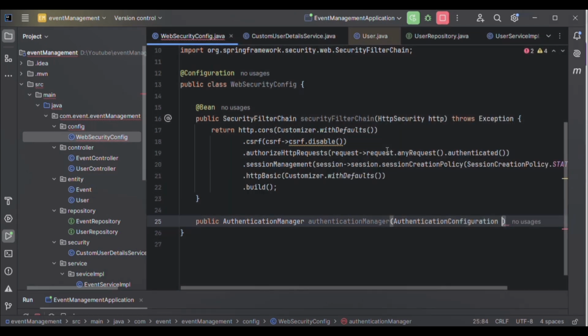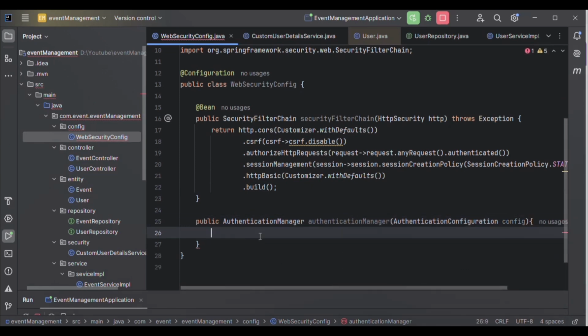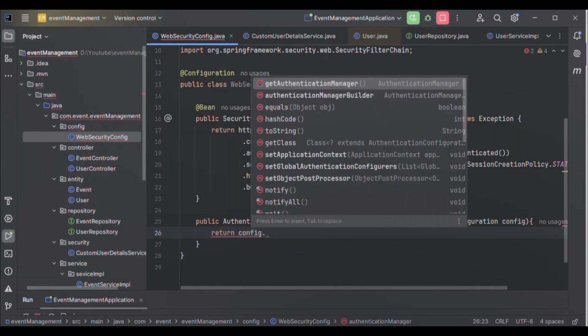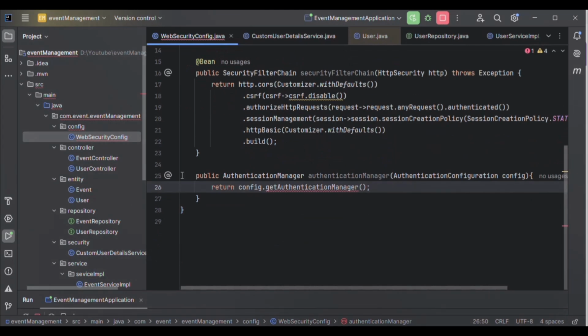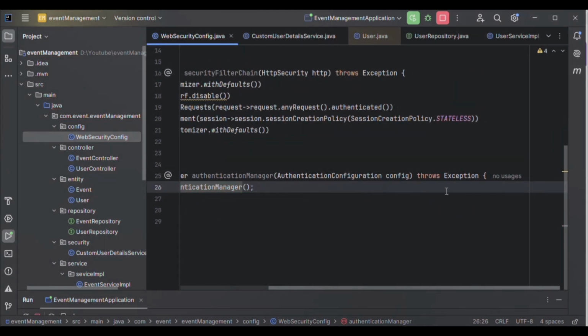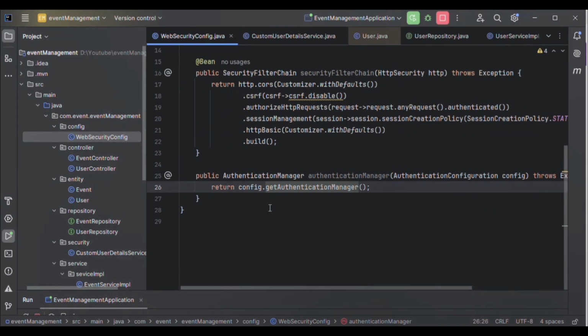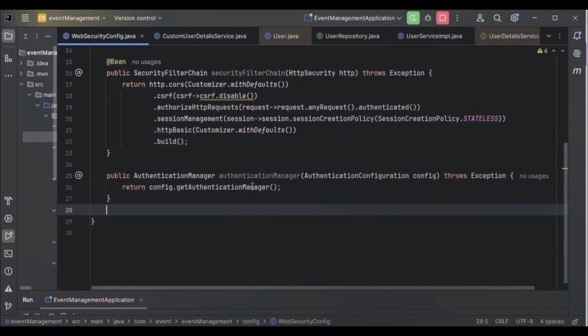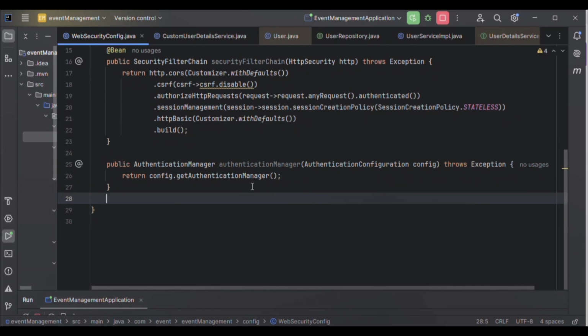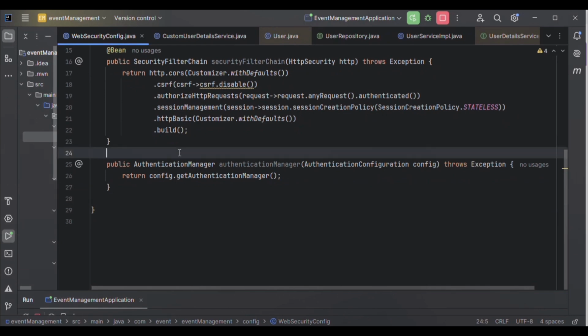It will receive the object of AuthenticationConfiguration, and we will return config, which has the method getAuthenticationManager. It will return the object of AuthenticationManager. It throws the exception. So this is our authentication manager. Let me add the annotation @Bean.